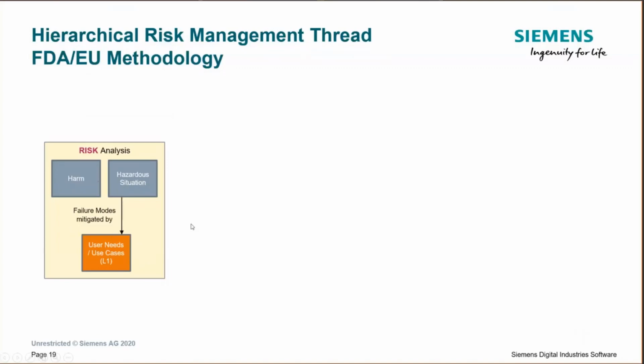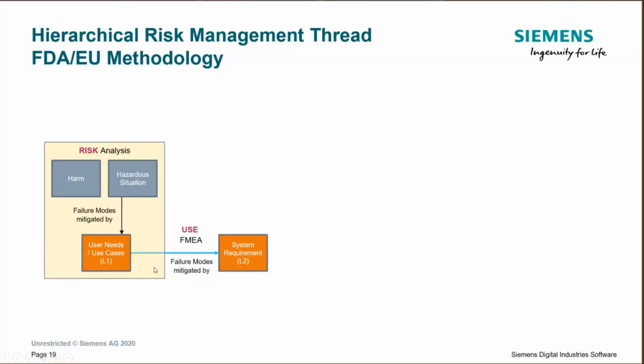And so in this case, we're going to do a hierarchical breakdown based on that V model we were talking about a minute ago. And essentially what we have is user needs that are mitigating the occurrence of those hazardous situations. So what we're going to do then is take the user needs, and my typical example, I apologize, this isn't a software example, it's just easy to make it clear. So let's say our harm is infection. The hazardous situation is that the device has harmful bacteria and it introduces that harmful bacteria to the patient. User need would then be that the